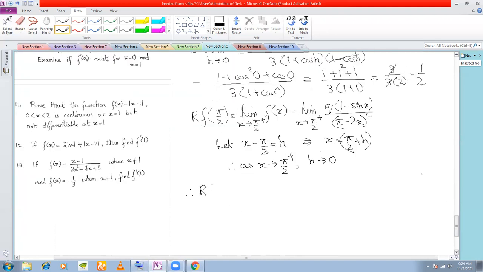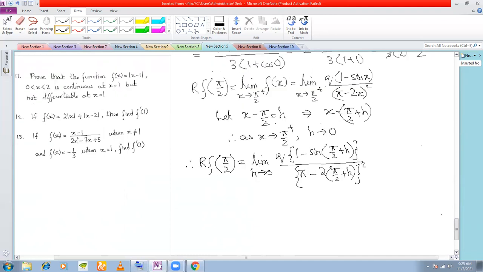Therefore, R f pi by 2 is equal to limit h tends to 0 of q times (1 minus sine of (pi by 2 plus h)) divided by (pi minus 2 times (pi by 2 plus h)) whole square,